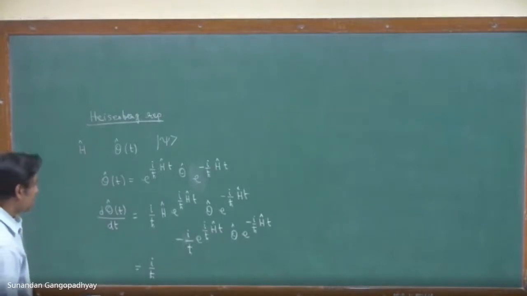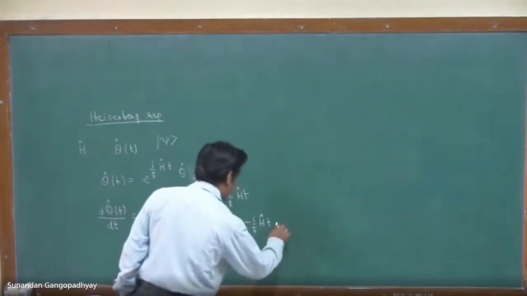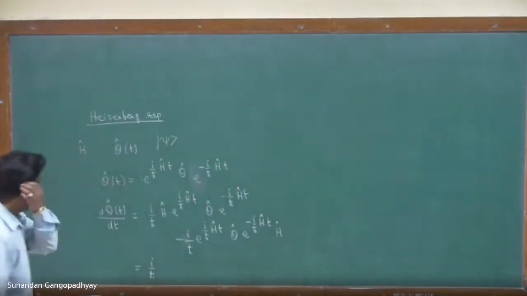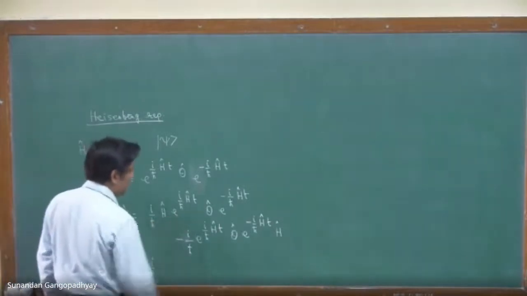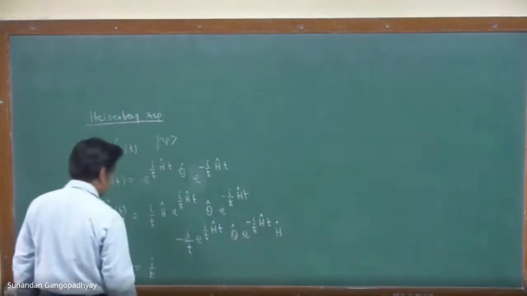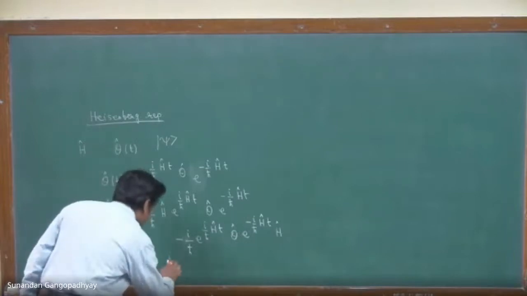I have missed some term, I think; there will be an h bar here. Now from here you can see that this term commutes with this term, so you can immediately write this as e to the power of